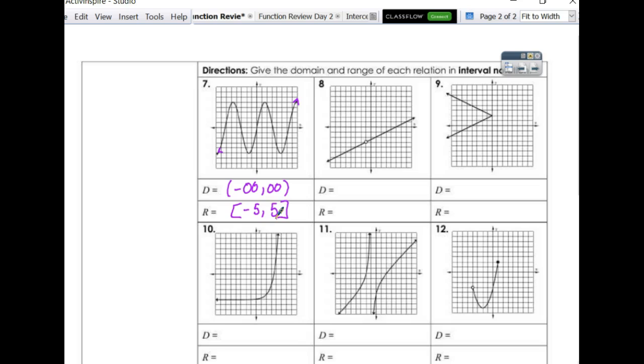Is this a function? Passes the vertical line test, so it is a function. How about this one? Function, no function. Function, it passes the vertical line test. What is that little thing there? What does that mean? It's not included. So if it's not included, this point, -1, -3, that point is not included, so it can't be in your domain and range. So when I write this,